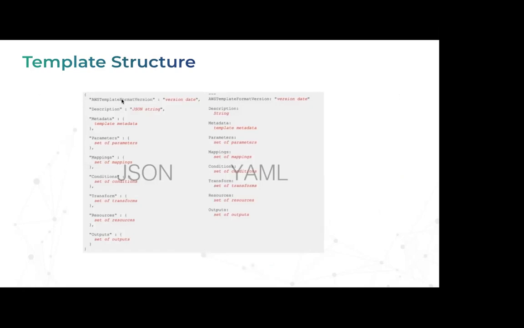It's not like V1, V2 kind of a thing, right? It's a fixed format which AWS has given. This is a fixed template format which we have to follow. Second is a description. Now, again, as I mentioned, you can skip the description, but it is very important. The description is where you describe what this CloudFormation is going to do.